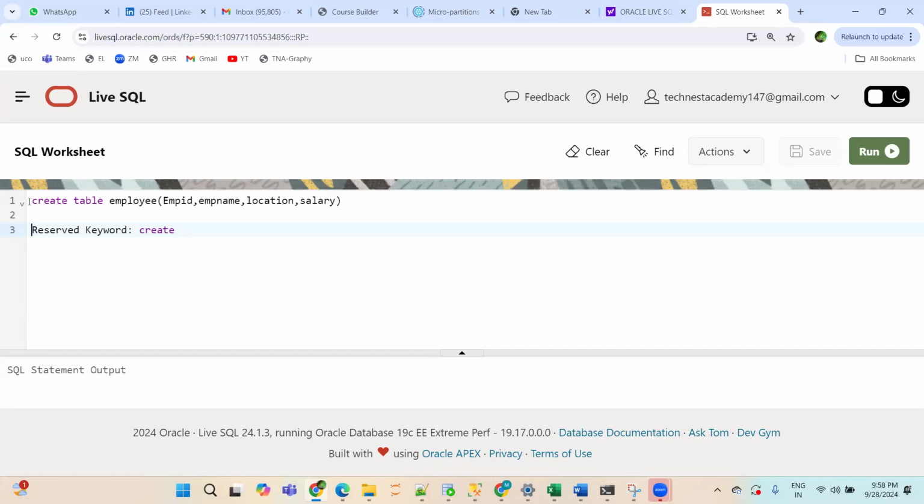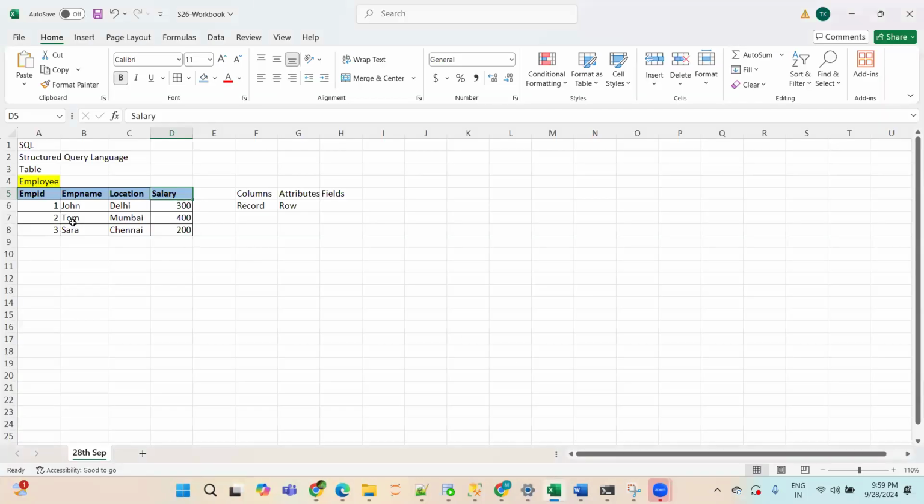So here I'm trying to create a table with the name employee, and these are the columns. Now suppose I had a gender column as well, then I would write gender here. But we don't have a gender column, so I will remove it. Now after this, you have to tell the SQL engine what type of data you want to store in these columns. If you check this employee ID, you are storing numbers or integers, right?